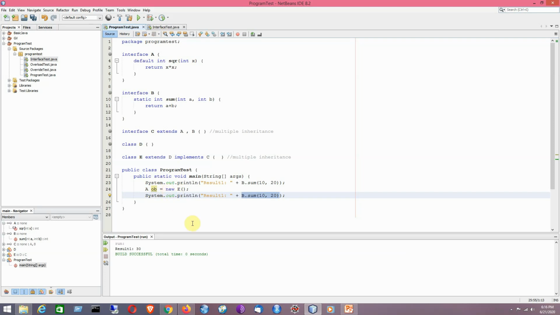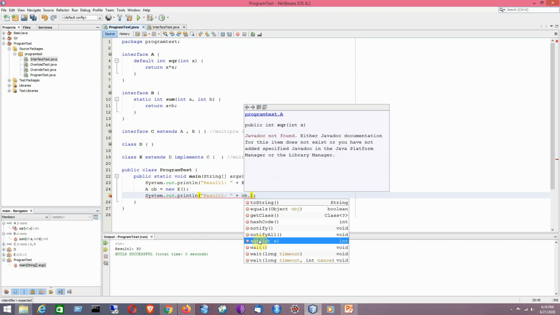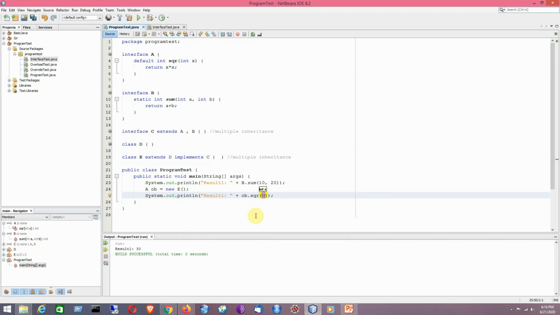So now I can write here ob dot sqr. Say for example I will be passing here the value as 6. So now I will be trying to run this, so it will be showing the result accordingly. So better to write result too. So in that way it will be giving you the result correctly.